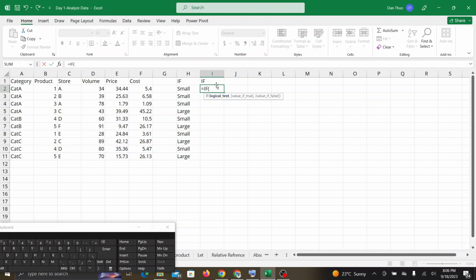And our logic test is to test if cell A2 is equal to "category A". So we open our quotation marks and say category A. After that, you put a comma. Make sure you have put a comma in your formula. So if it is category A, we buy. We put in "buy". And if it is not category A, or otherwise, we sell. And make sure you have closed the formula with another bracket here